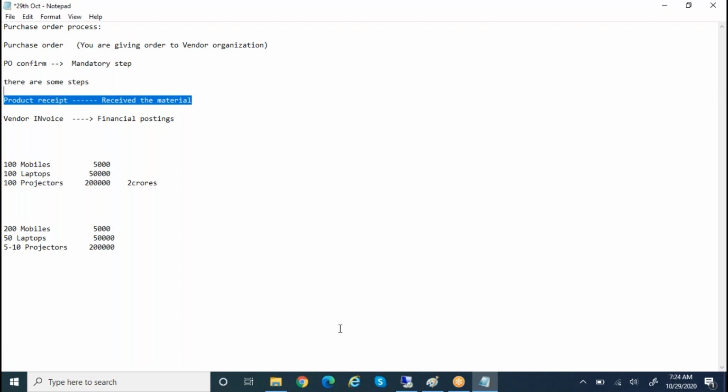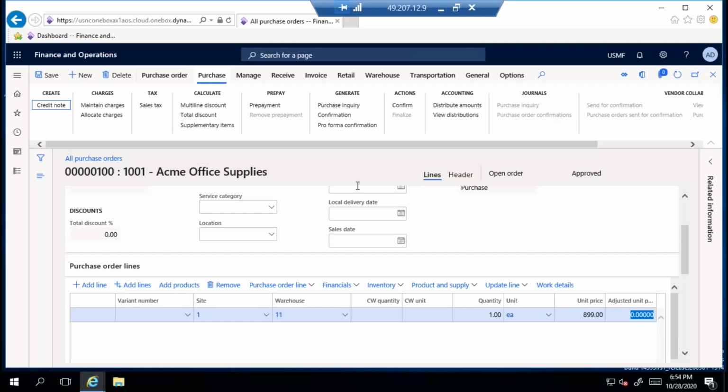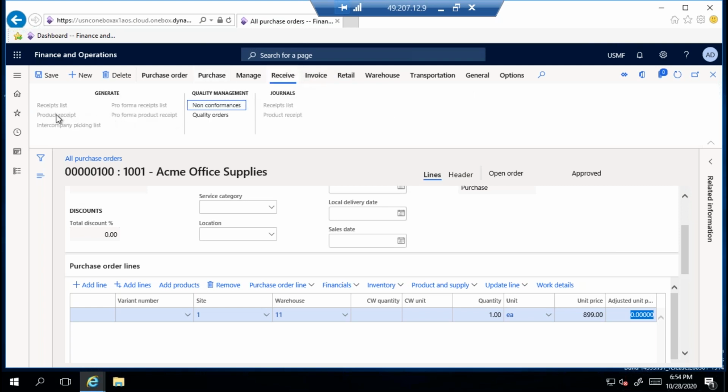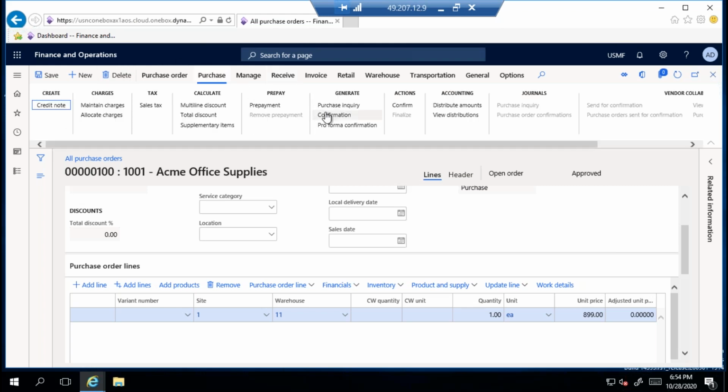Okay, let me show in the system. I have created a purchase order, and if I try to do product receipt, these buttons are disabled. I cannot do product receipt until and unless the purchase order is confirmed. This is confirmed.